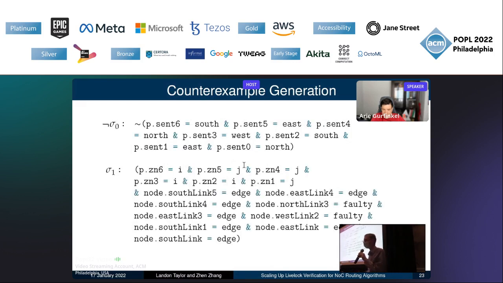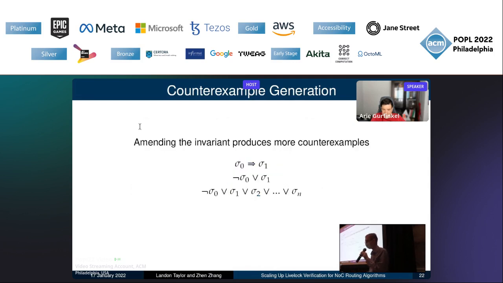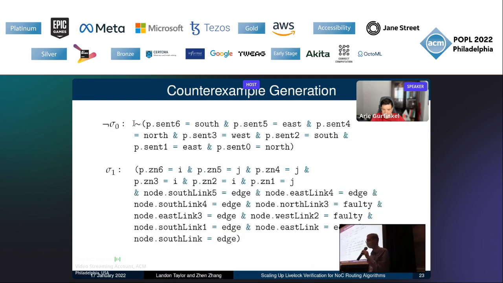So here's an example of what that might look like in Ivy syntax. This P is a packet object, and sent6 is the same as tau6 or the traveling direction 6 steps ago. So this is essentially saying there's none of this looping behavior, and in disjunction we add, if it is that looping behavior, then we hope it's this Livelock scenario that we've already found. So this is indicating that it's a Livelock pattern between zones I and J, and that it has this link configuration